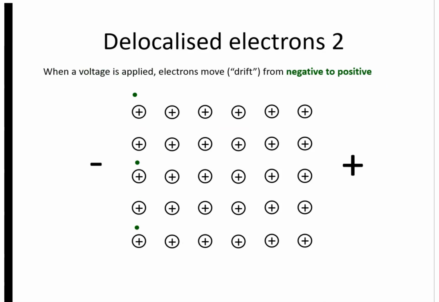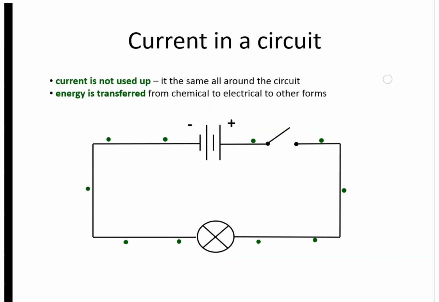However, if we have a voltage applied, then the negatively charged electrons will be attracted to the positive terminal and repelled from the negative terminal, and we end up with a flow of current. So this idea of charged particles flowing from the negative to the positive and transferring energy, as we'll see in a moment, is a key idea. And this is called the drift velocity. We'll look at this later on in this series of videos. And the random motion we mentioned previously is actually superimposed on top of this drift velocity.